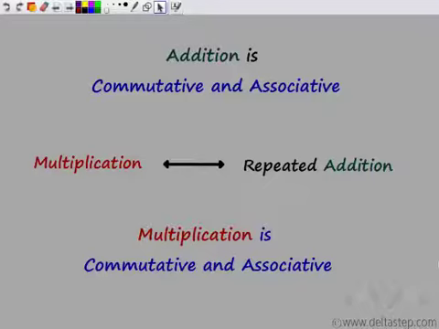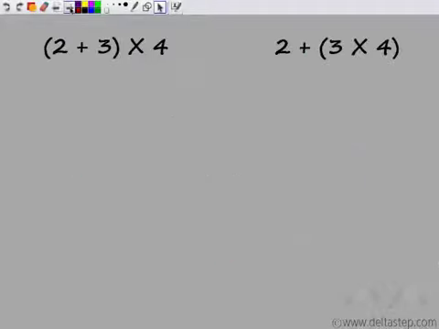Now let us see whether a combination of these two would work or not. So if I take a combination of some addition and some multiplication, would that also be associative? Let us see. If a combination of these two would be associative, then I can either group the first two or the last two. The value should not change. So let us look at each of these and see whether the value remains the same or not.